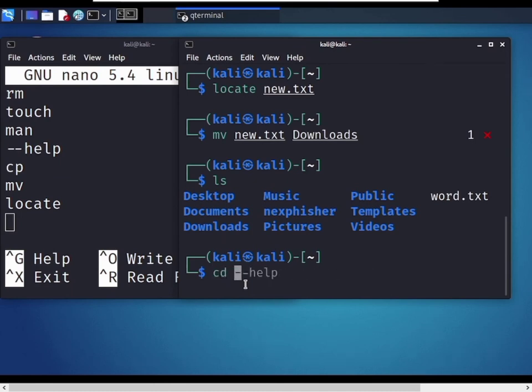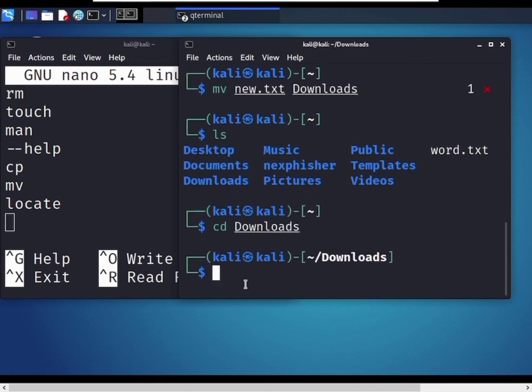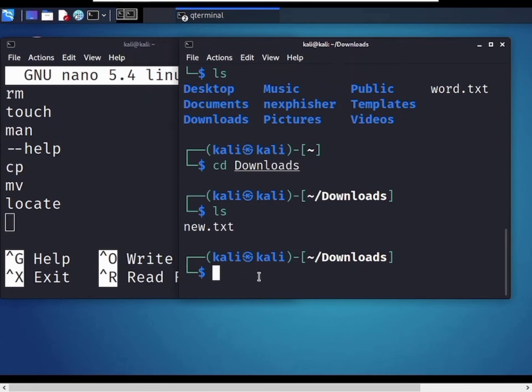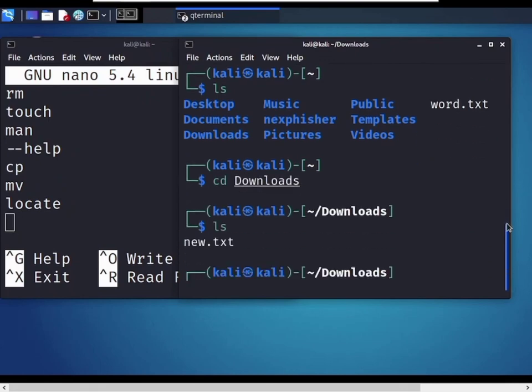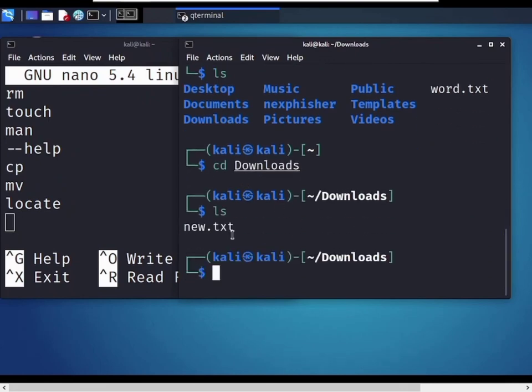Now I change my directory to the downloads directory. Now in this directory is the new.txt file. So now I have moved the new.txt file to my download directory.